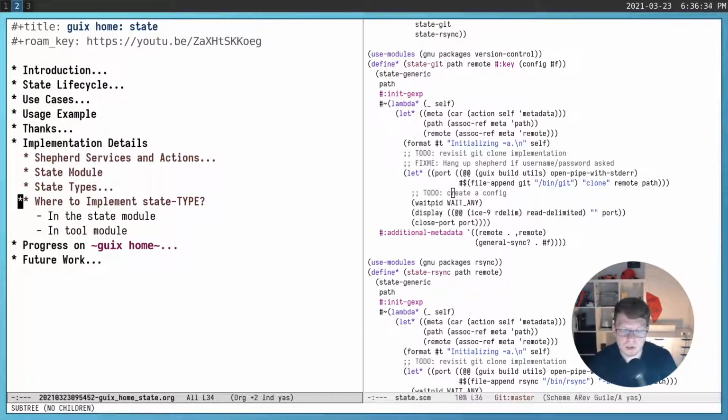It's a good question and not very easy actually, but I think that we will go with the second approach. We will be implementing those states inside the namespace where the utility exists,